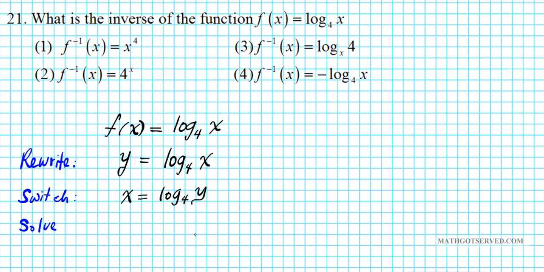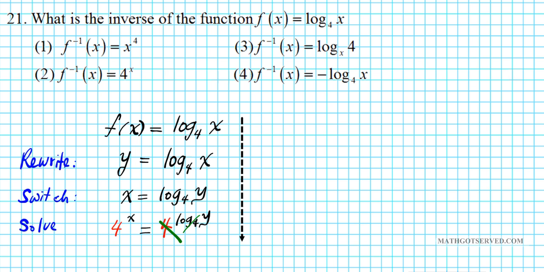That new y that you're going to solve for, guess what? That is your inverse. Okay, so how do I eliminate log base 4? The inverse of log is exponent base whatever the base of the log is. So this is log base 4, so an exponent with a base of 4 is the inverse of this. So what I'll do is I'll exponentiate both sides using 4 as the basis of my exponentiation. Okay, so you have 4 to the x equals 4 to the log base 4 of y. All right, this cancels out, and we're going to have